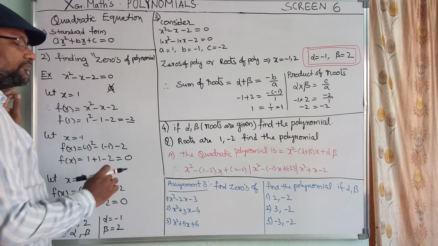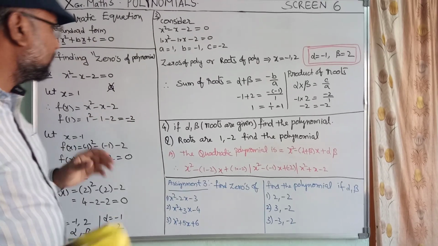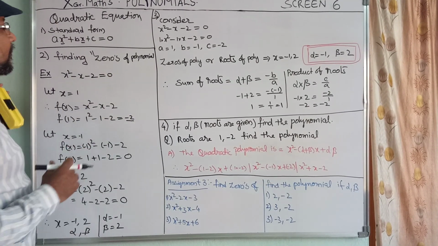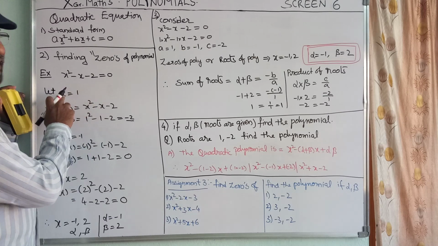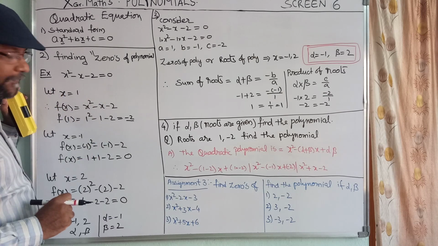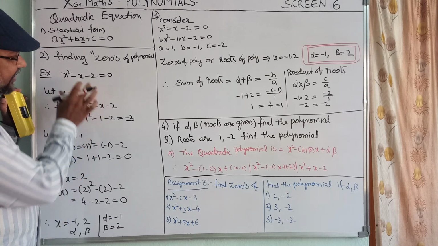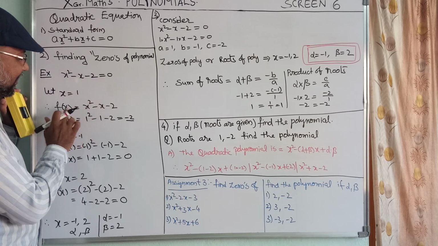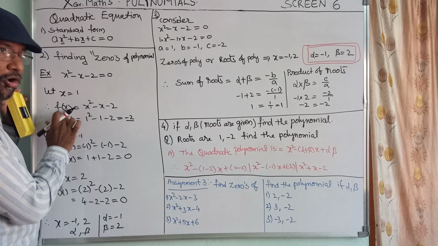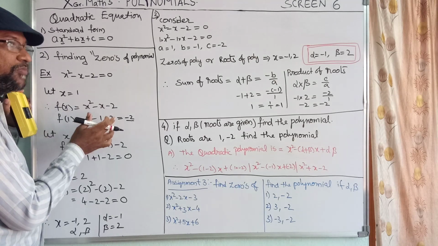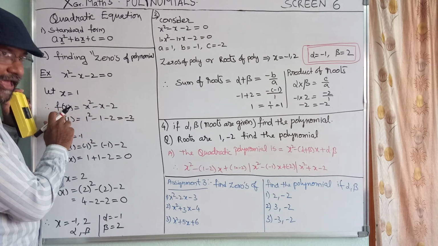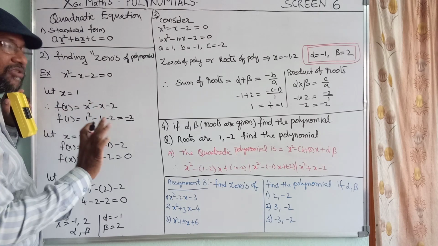Now you can take the x value as 1 first. Take this polynomial and consider it as a function of x. Function of x means there is a function that works under x, so only x will be changed.